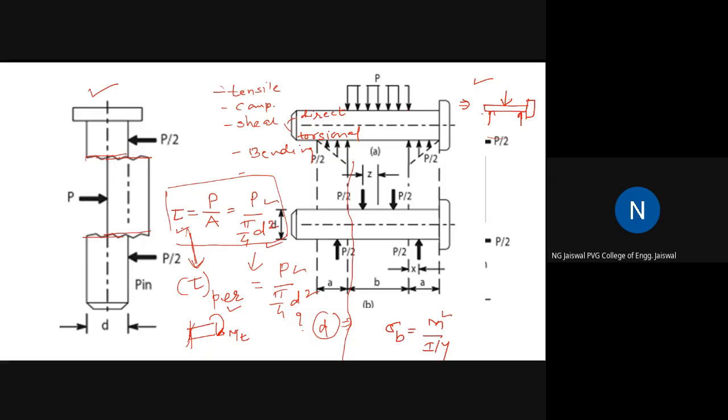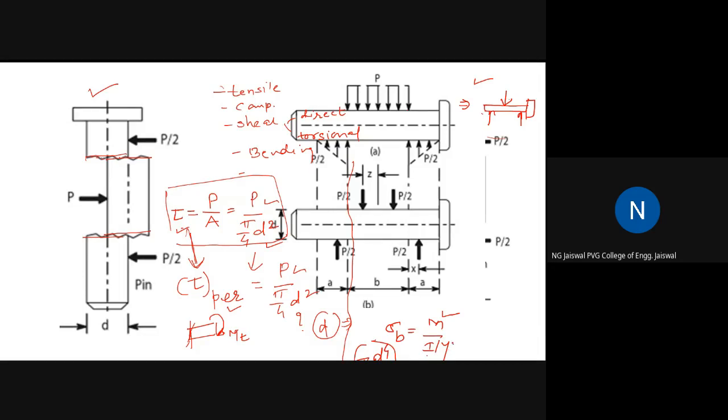Bending moment is known, because if you know the forces and if you know distances, you can always find out the bending moment, since bending moment is a function of force and distance. So bending moment is not an issue; it must be known. What is I? I is the moment of inertia, and moment of inertia consists of the term d. For a circular cross section, I hope you remember, it is equal to pi by 64 d to the power 4. So I is a function of d.